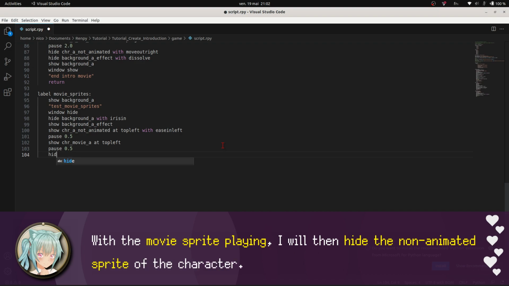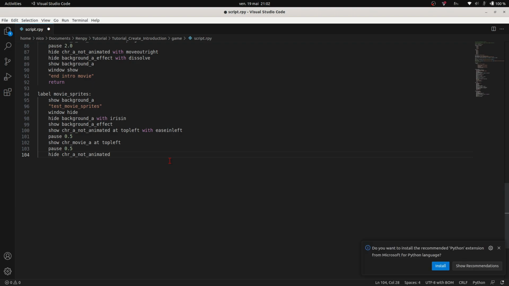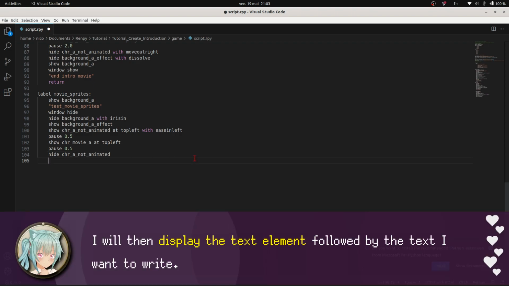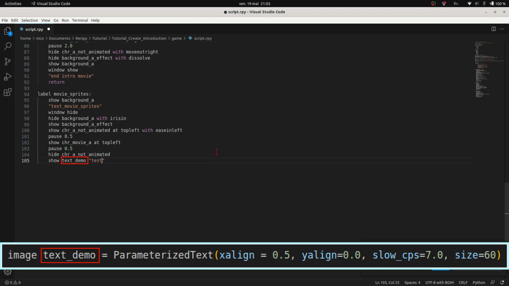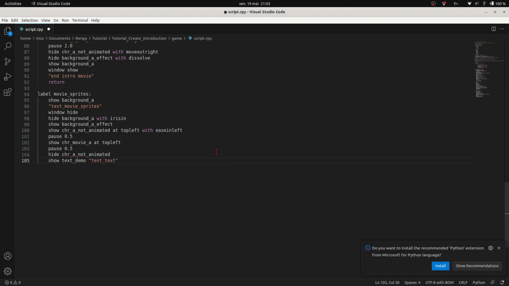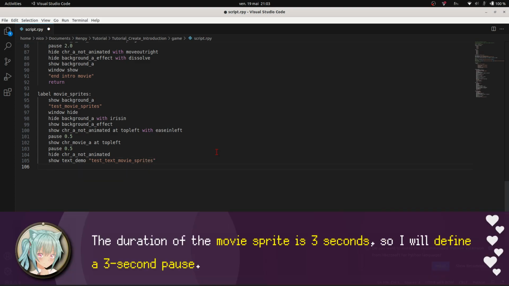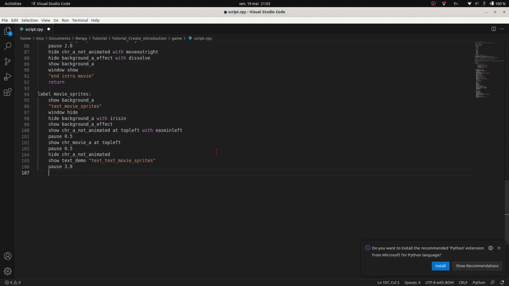With the movie sprite playing, I will then hide the non-animated sprite of the character. I will then display the text element followed by the text I want to write. The duration of the movie sprite is 3 seconds, so I will define a 3-second pause.